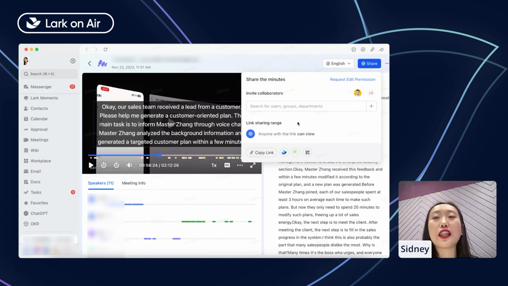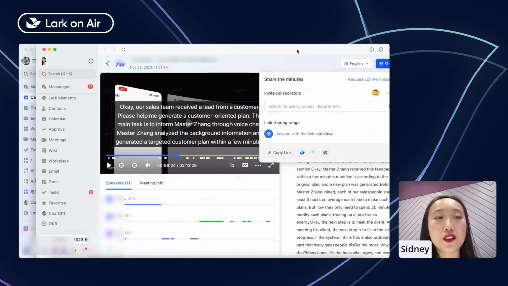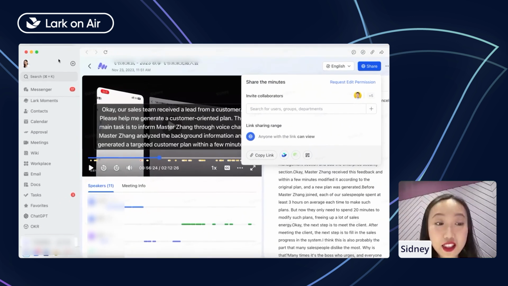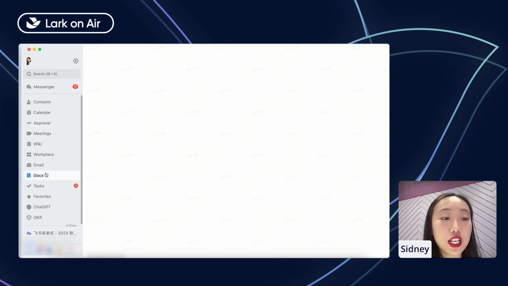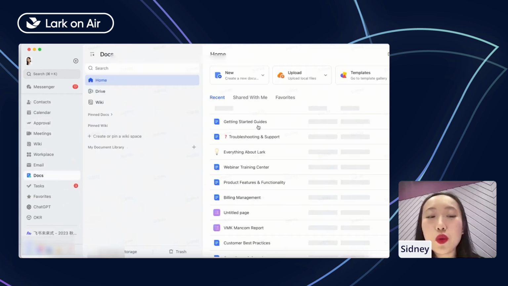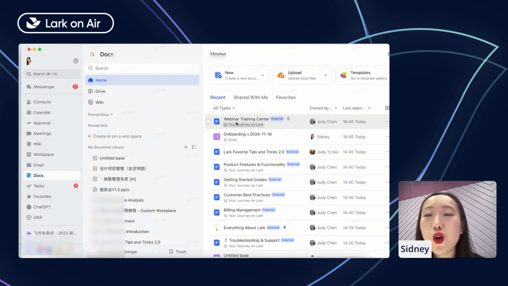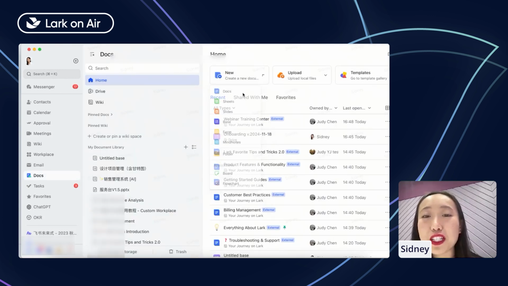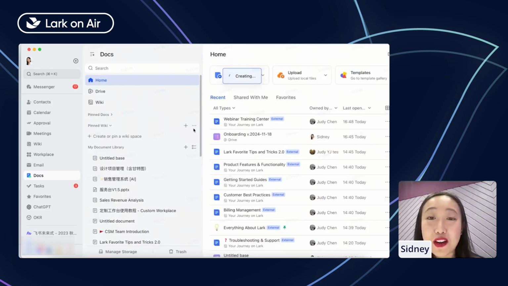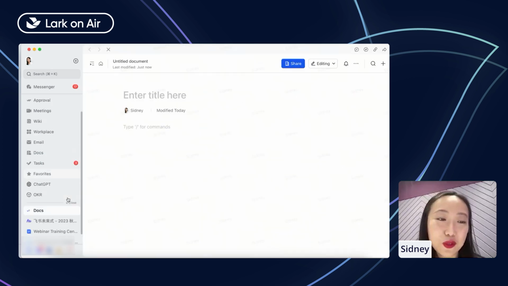So here are the meeting records, what they look like, and how you can deal with them. And the last thing I'm going to go through is to show you a little bit more about Lark Doc. But I think we are all quite familiar with this Office suite, so it won't need too much explanation. But still, every time you are creating a new document here,